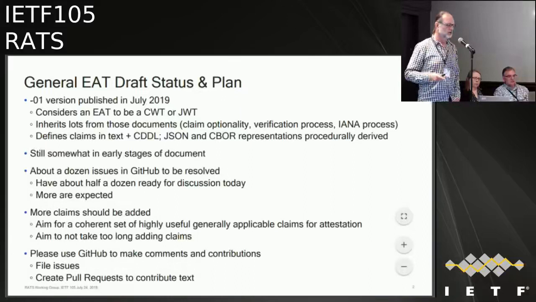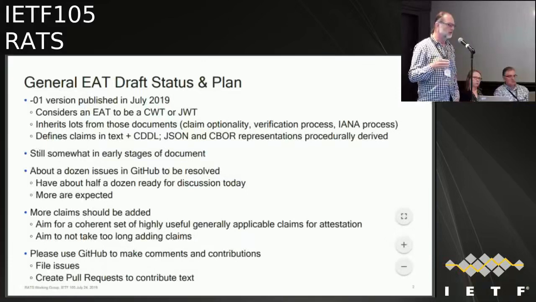It can be either. And the whole document orients around that. My understanding was we had consensus about it, and I know we had consensus about it for a CWT, and I've extended that to JWT.